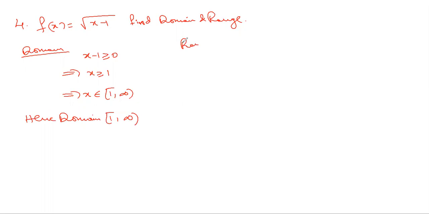Next, coming to the range. Range also the same. 1 is less than or equal to x less than infinity. This is straightforward from the domain. We need to investigate where the root of x minus 1 lies. So first investigate where x minus 1 lies. 1 minus 1 less than or equal to x minus 1 is less than infinity minus 1, which is infinity. That implies 0 less than or equal to x minus 1. So this is me writing many steps. Here I could directly write, I could skip this step.